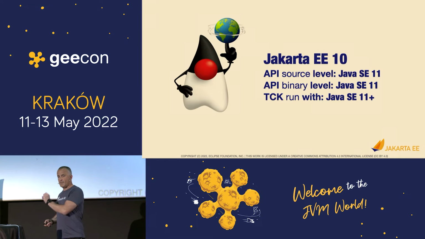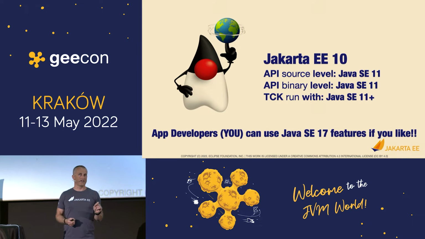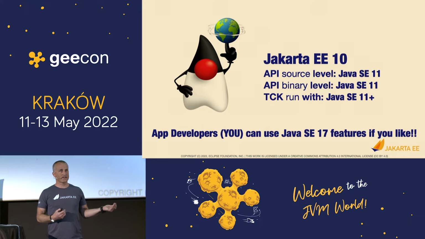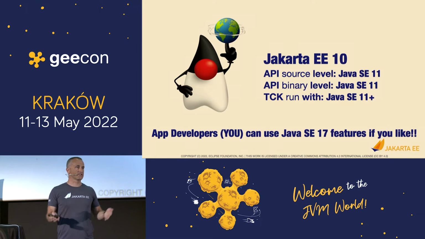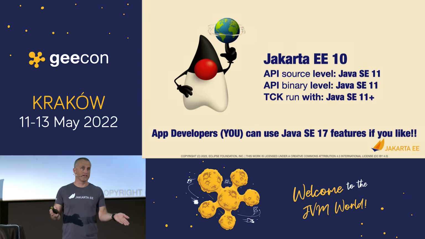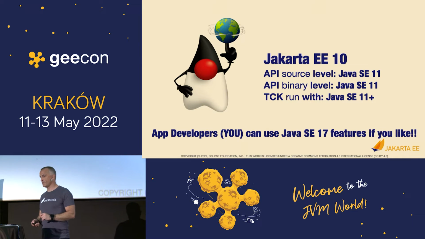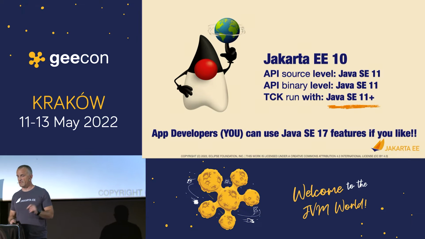But we're not satisfied with that. We want to use 17 and above. So what we're saying also is that the TCK should run with 11 plus, and that plus means 17 in our world. That means that we as app developers can use 17 features as long as the runtime has been tested with it. So we're making sure that the TCK runs with 11 and 17. It's optional to do any of the releases in between, but we are making sure it definitely runs on 11 and 17. So that means that in the code we can use Java 17 features if we like. And the key is the plus here.